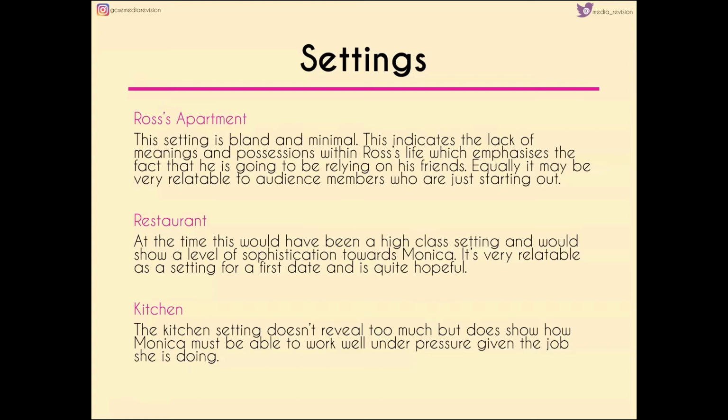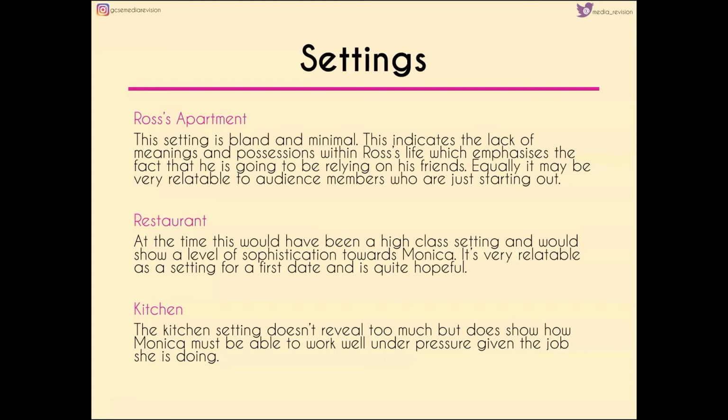Today what we're going to be doing is having a look at the settings for Friends. We're quite fortunate for the settings here in that I went to Friends Fest in December, so I have images of some of the settings which I'm going to talk through in more detail rather than have the written information up on the screen for you. So let's get started. We're going to deal with the minor settings first.